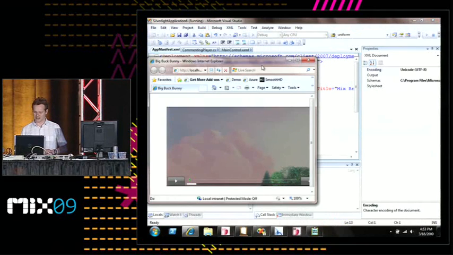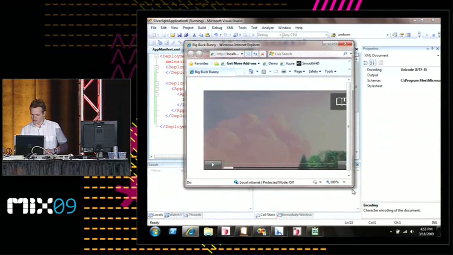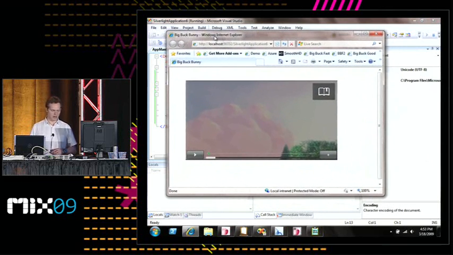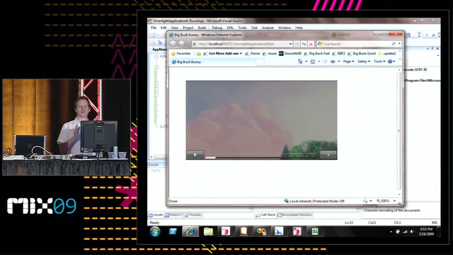Oh, it did it really quickly. Okay, so let's focus in on screen capture for 1 minute. What I'm going to do is open up a browser, and I'm going to browse to a web page, and I'm actually going to record the experience for you and then show you how I can play it back natively in Silverlight right afterwards. So we'll come in here and